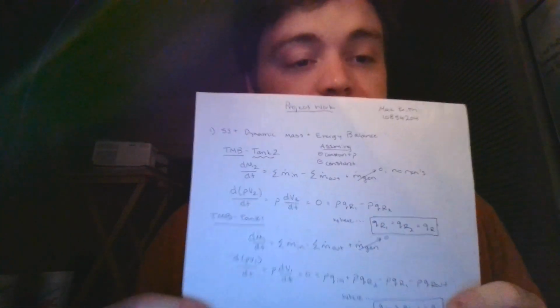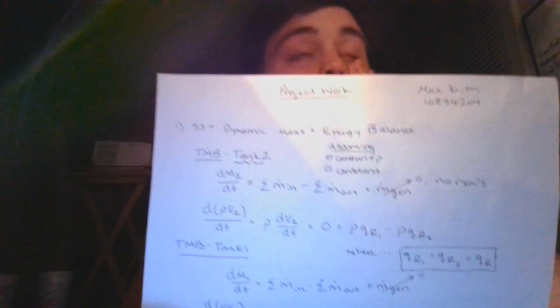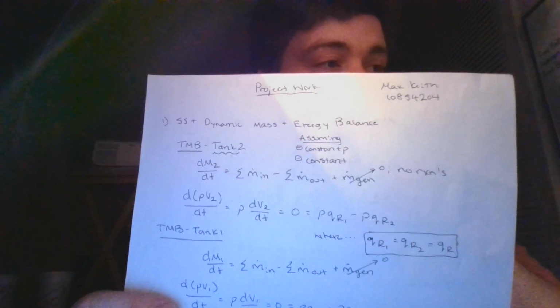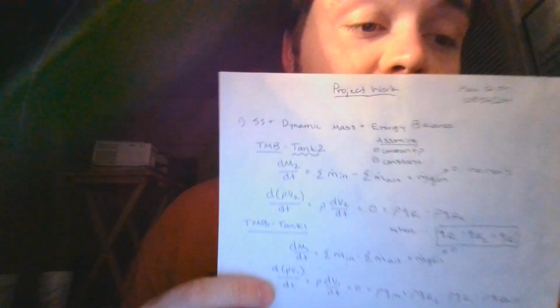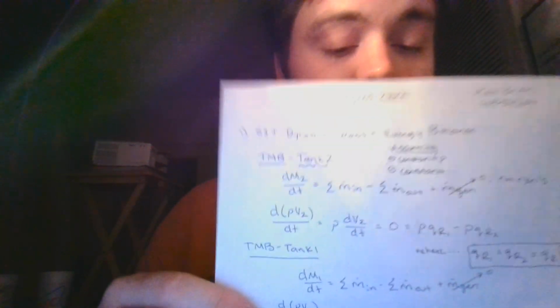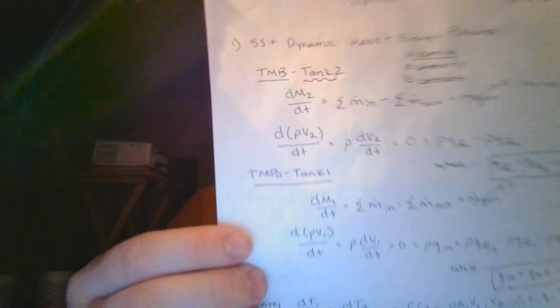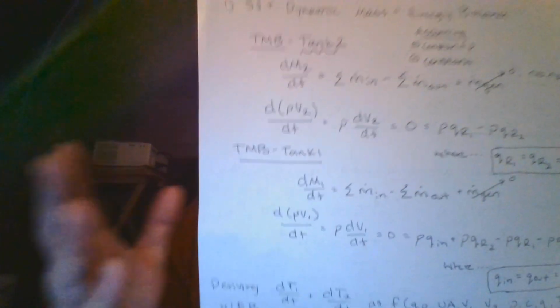So for our project, we had to design a poorly mixed vessel, which was modeled as a well-mixed two-stage vessel with a heater at the bottom and a recycle stream in between. We began with a dynamic mass and energy balance. Using this, we were able to derive the relationships between the flow rates inside of the tanks, which were set equal to each other since it's being modeled